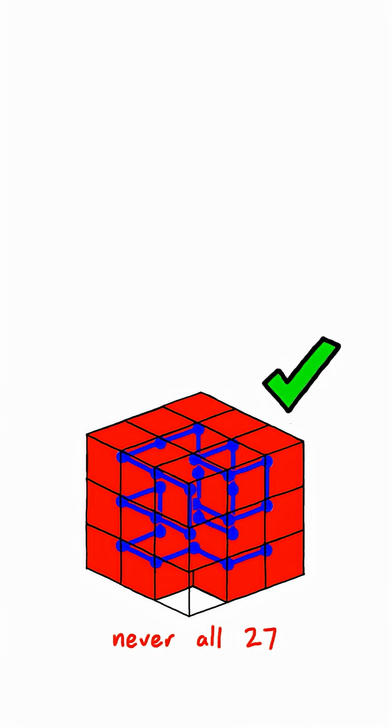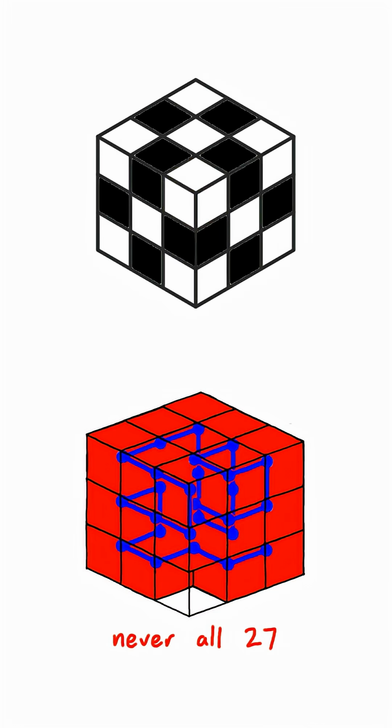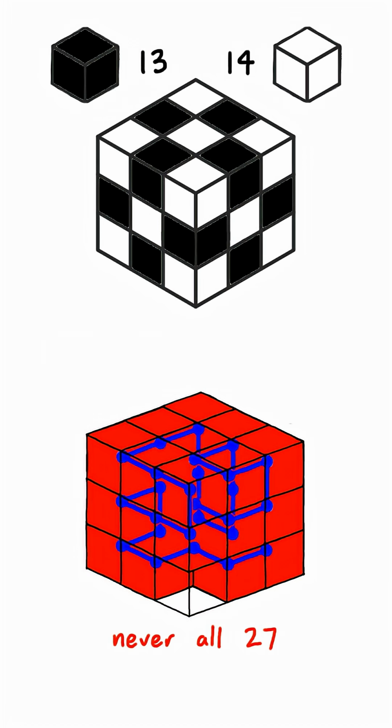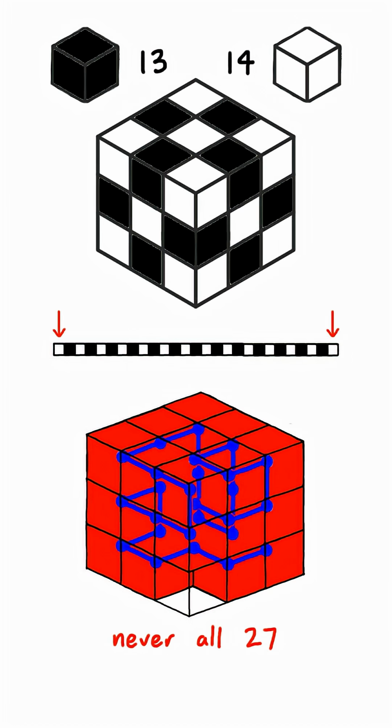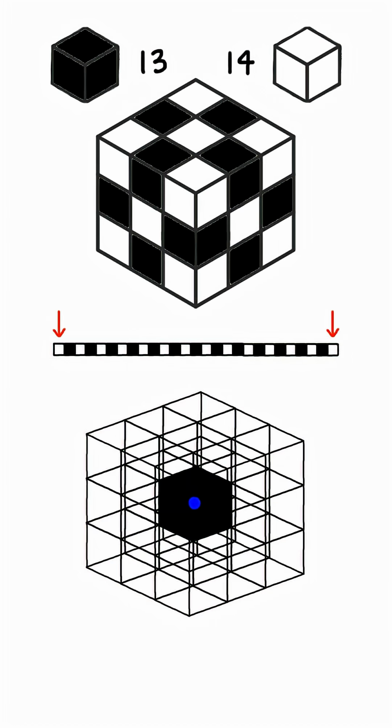The third fact is true. We'll color the cubes in a checkerboard pattern so that white cubes can only touch black cubes and vice versa. This means that every time the termite moves through cubes, it switches colors. Now, notice that there are 13 black cubes and 14 white ones, meaning a path going through all 27 must start and end with a white cube. But the center starting cube is black, so this is impossible.